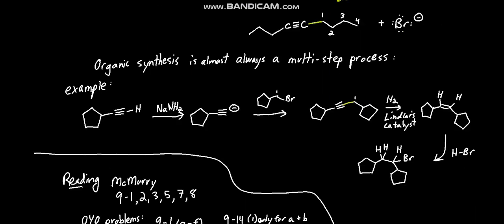If you put a bunch of these reactions together, you see that we have a multi-step process. This is just one example, but this is sort of where we're heading. You can remove that proton, make this acetylenic carbanion. That can react, displacing this bromine to form this new bond. Now you've extended the carbon chain. You could reduce it to this alkene. You could even react it further with HBr to get this, and check it out,